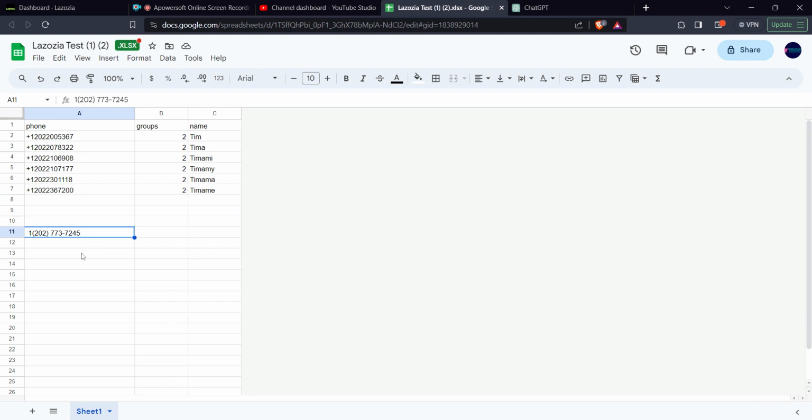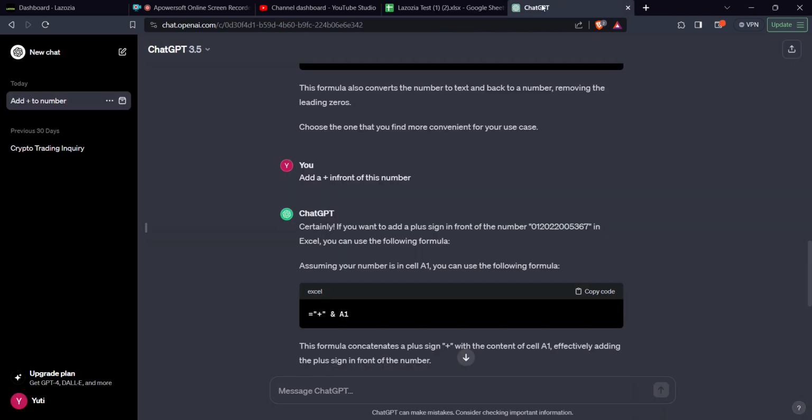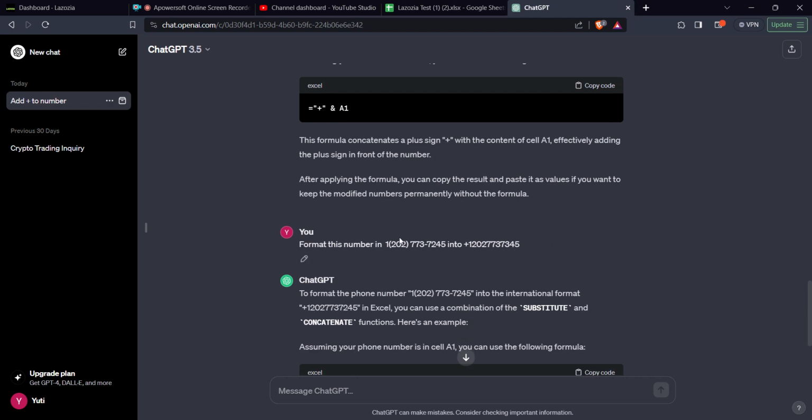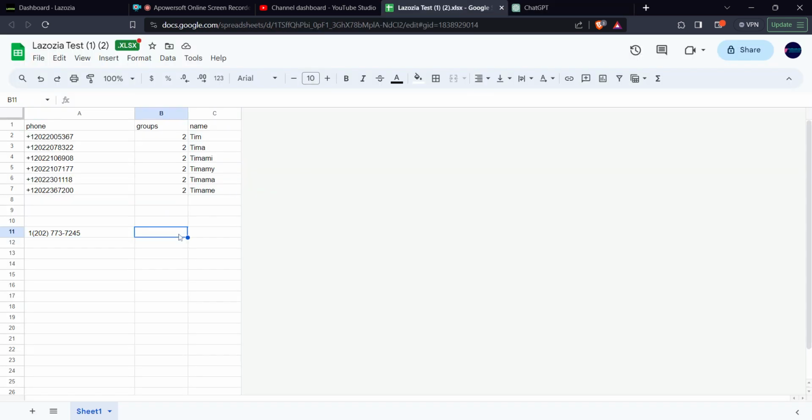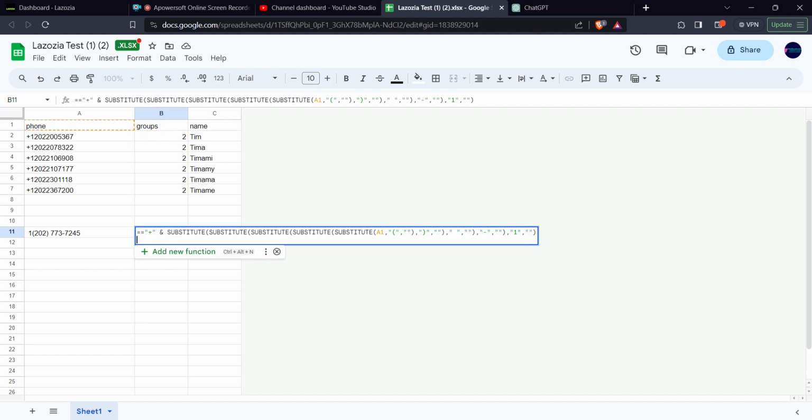All right. And assuming you got your number in this format, what do you do with it? Again, using the power of ChatGPT, you come here, you put this command, format this number into this, and then it will give you the output. And then you copy the output, you come here, you just say equals. For instance, this is our number here, control paste that. We are working with cell number 11, that is A11,